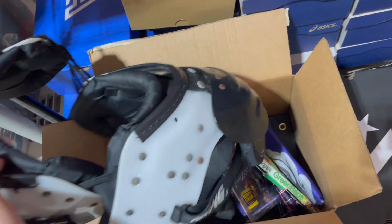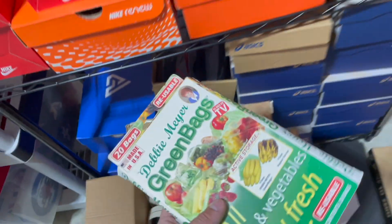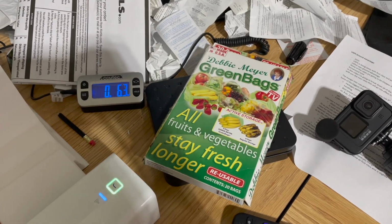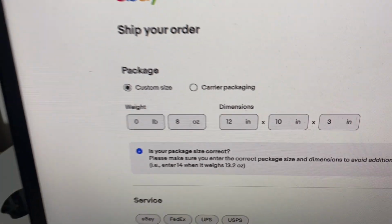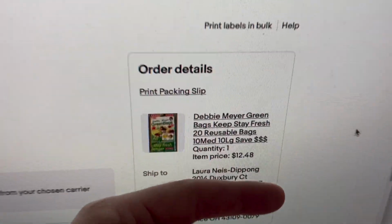Then in here, this is everything we got from the thrift store. And actually last night, this bad boy sold for $12.48. So we're going to go ship this. All right, so I got my bags on the scale. They are 8 ounces. We're going to slap it in this padded mailer right here. You can see it sold for